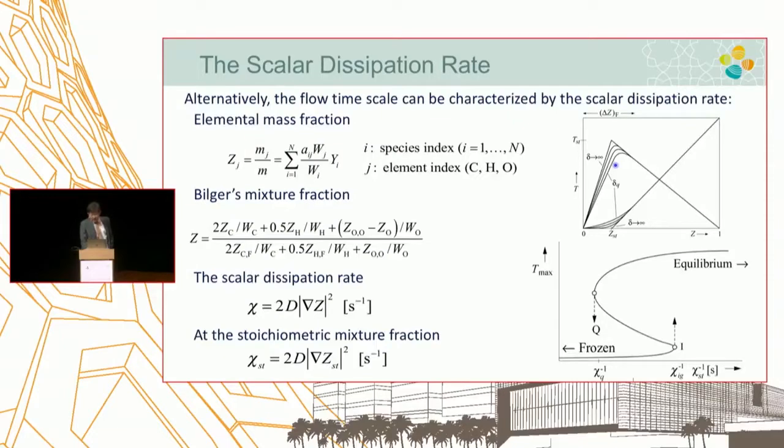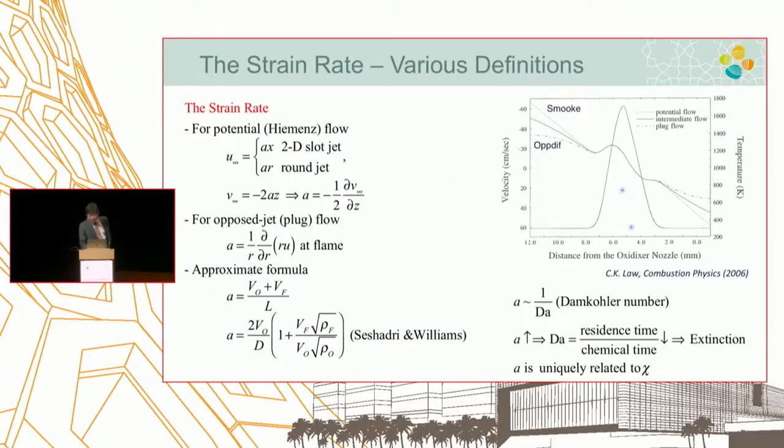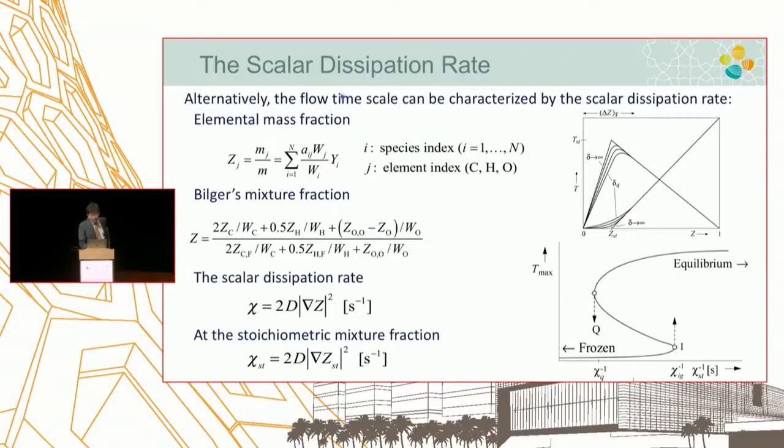And often now we will move into the next hour, where we will be talking about turbulent combustion modeling. How that strain rate in the counterflow configuration relates to turbulent flame modeling is through the scalar dissipation rate. Okay, scalar dissipation rate is defined by this formula, which is a function of the gradient of mixture fraction variable